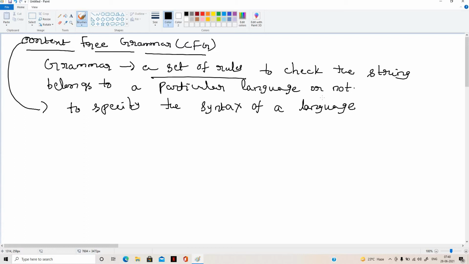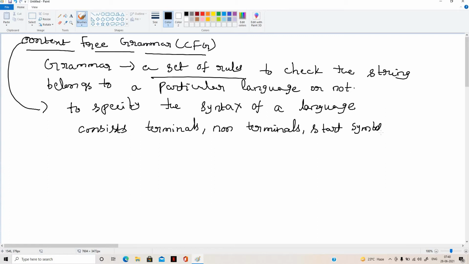A context-free grammar consists of terminals, non-terminals, a start symbol, and productions.